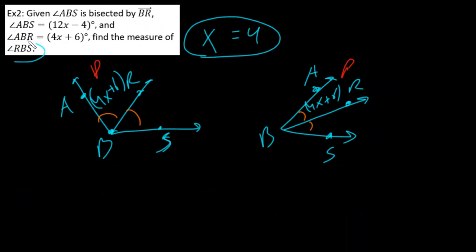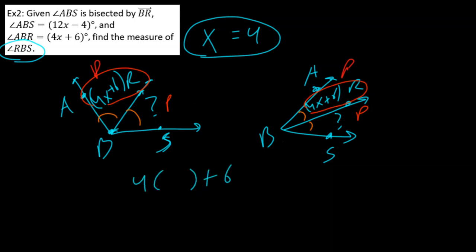It says find the measure of angle RBS. Well, you'll notice R to B to S, that is this angle that we don't have any expression written for. But we do know that RBS is the other part of the angle. And the good thing about angle bisectors is that both parts are congruent. And so what we can then say is, since ABR, or 4x plus 6, is congruent to RBS, we can just plug our x value of 4 in there and solve. Now 4 times 4 is of course 16 plus 6, and that would be 22 degrees is our angle